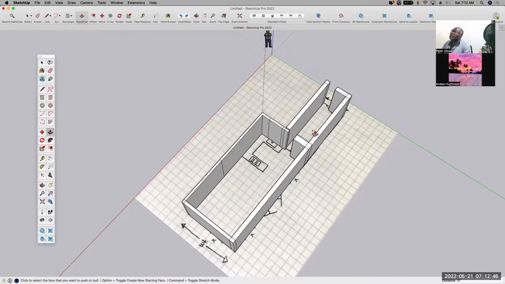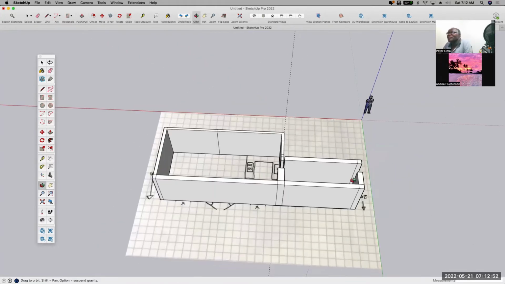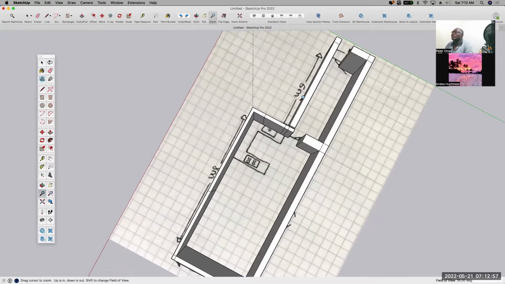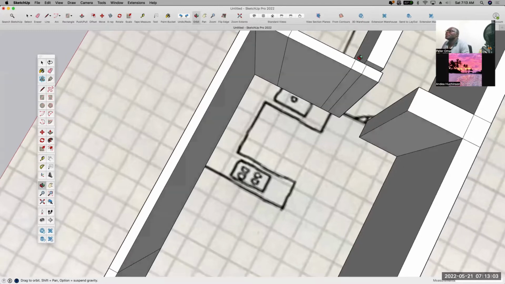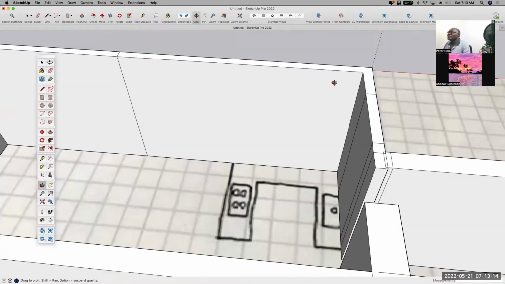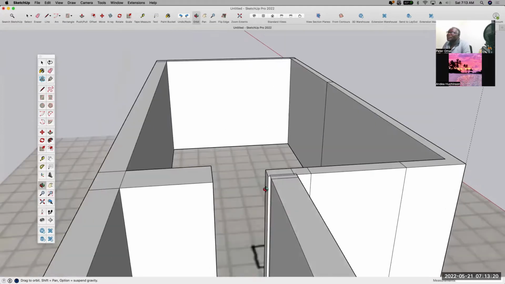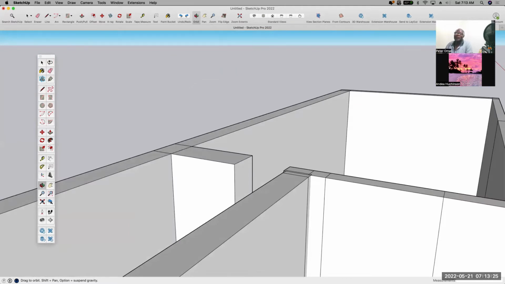Right there. Orbit. Now I need to close this one here. Z on the keyboard is to zoom. O again to orbit it. So I can use P and then clip this part and then close it up like that. O again. I know I have to fix up the wall somewhere here. I'll leave it like that. So, the moment you have this one up,